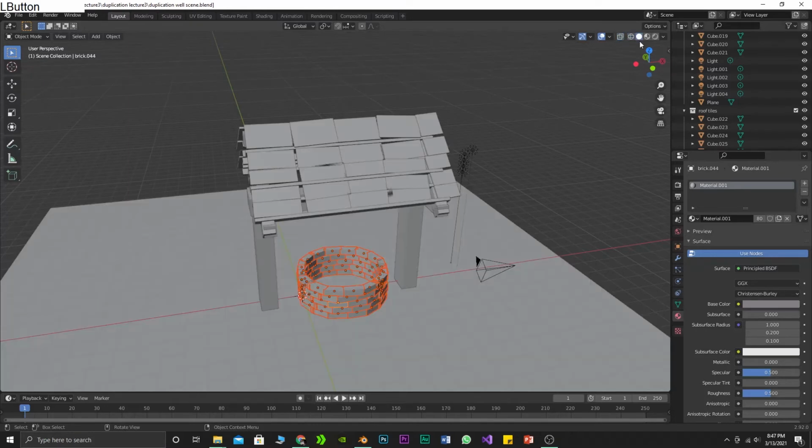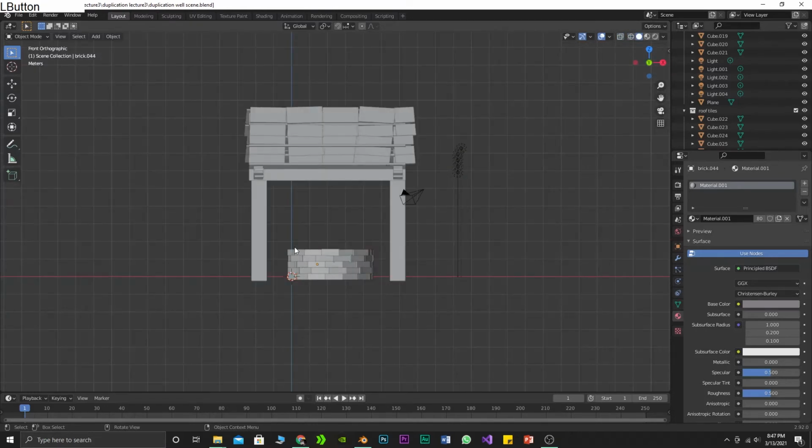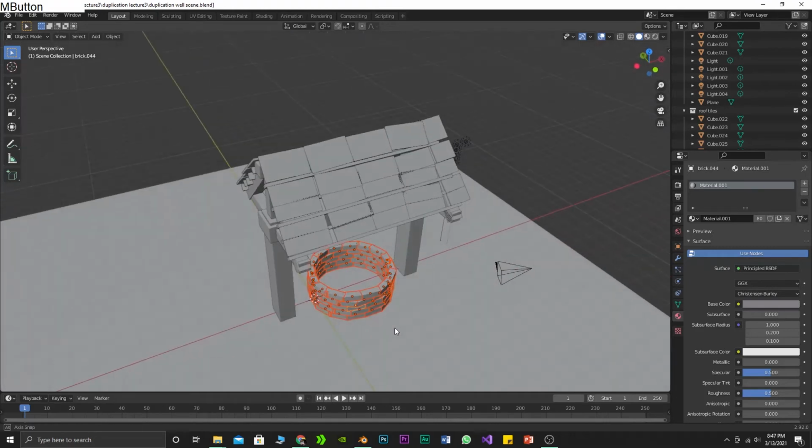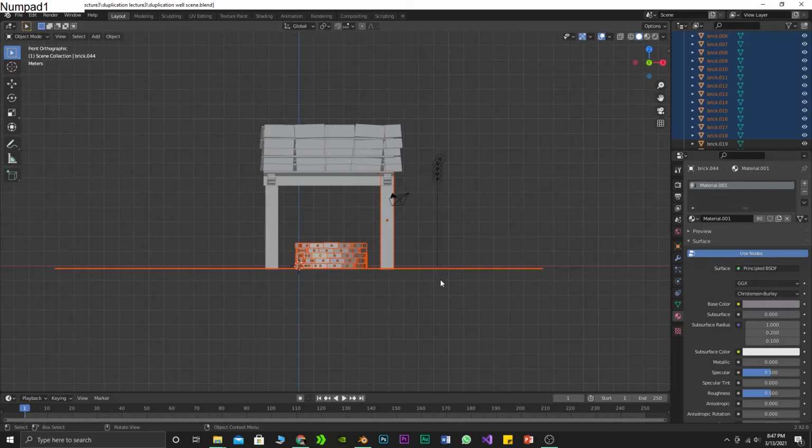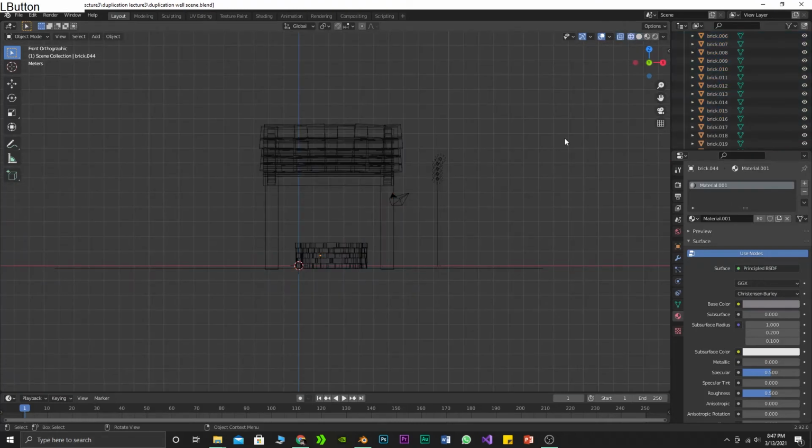So if I was in solid mode and then I went to 1 and selected these, I would only select these, or if I was here, it would only select these. Such would be the case if they were not in a collection. Here it is in a collection, so that's why we are selecting all of them. If they are in a collection, even in solid mode, it will select all of them when I hit a specific view. But in wireframe mode, you can always be sure